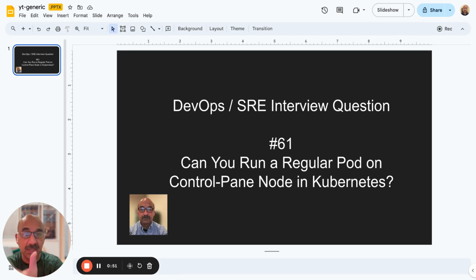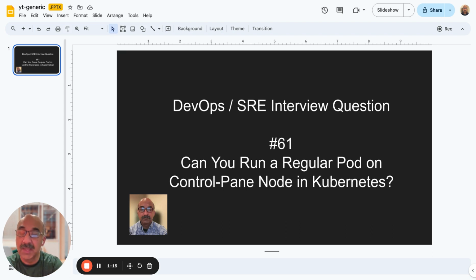Now, if you have a cluster that you're managing yourself, where you have access to the control nodes, can you run pods? Pause for the answer, and I will give it to you in just a second. Yes, you can, but by default in Kubernetes, the control nodes have a taint. And if you don't know what a taint is, you should look that up. It has a default taint